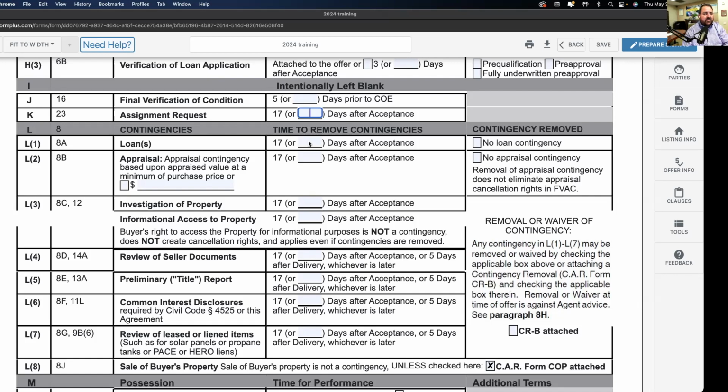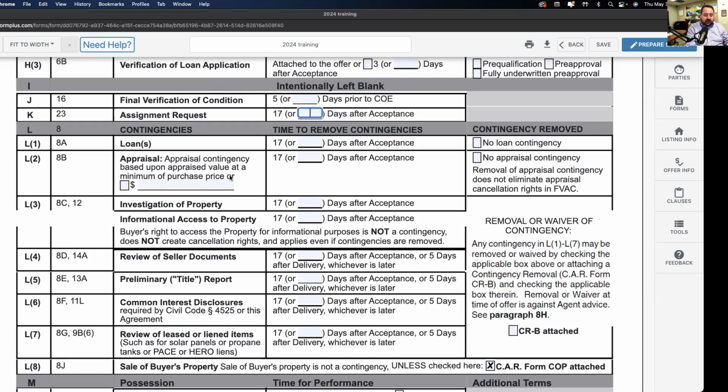I've got 10 days for investigation, or 7 days for investigation, probably 10 days. I got to leave it in case the appraisal has to go out there after 7 days. I got to make sure that makes sense. Okay. Appraisal contingency. Look, guys,